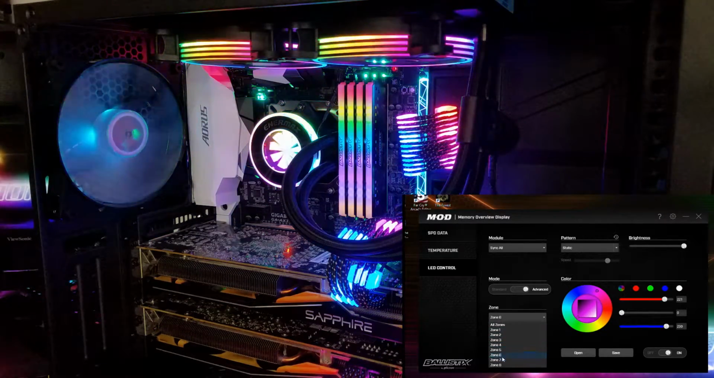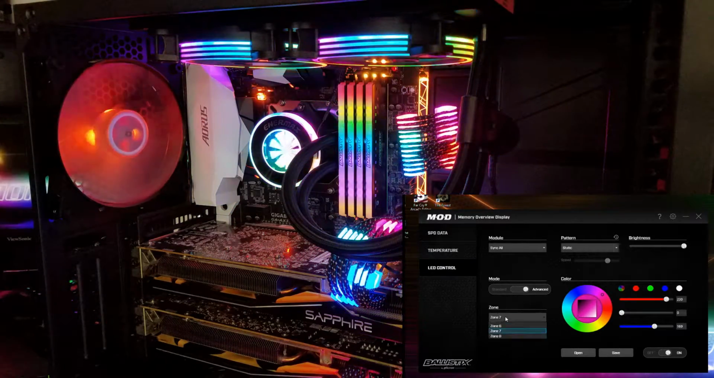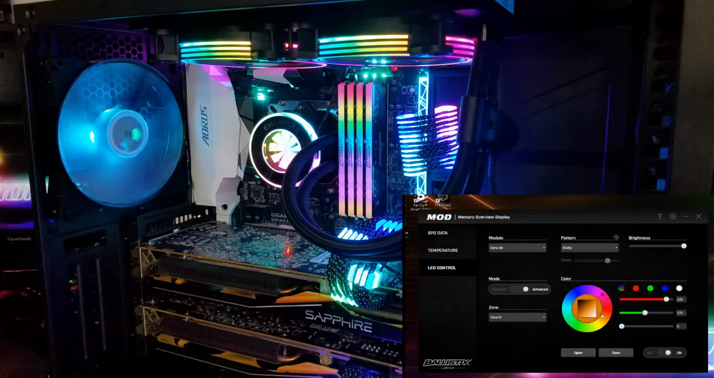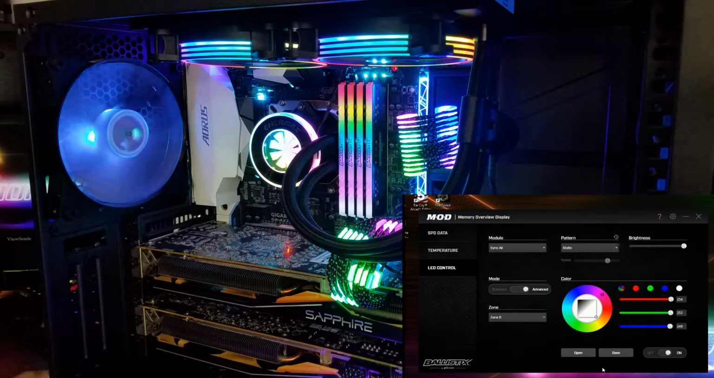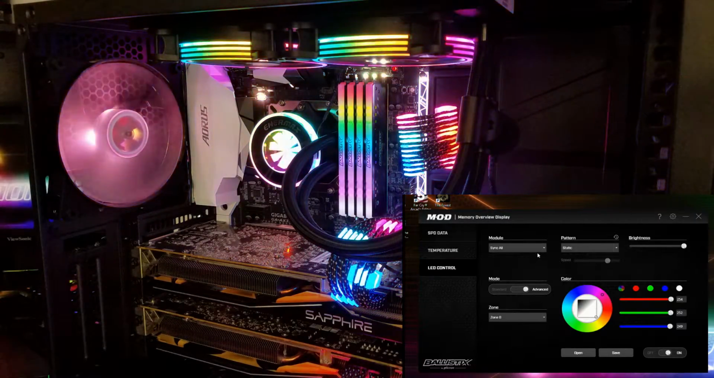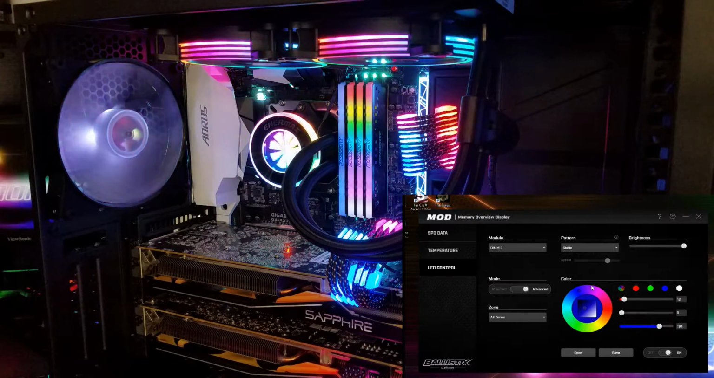If I switch this and just do dim 2 now, and then I go all zones, bam. Let me slide this guy over here. There we go. I just made one stick a different color. So I really gotta say that I am impressed with the amount of control that you can get by switching and changing individual zones. There is one complaint I have though, and that's really if I do my sync all